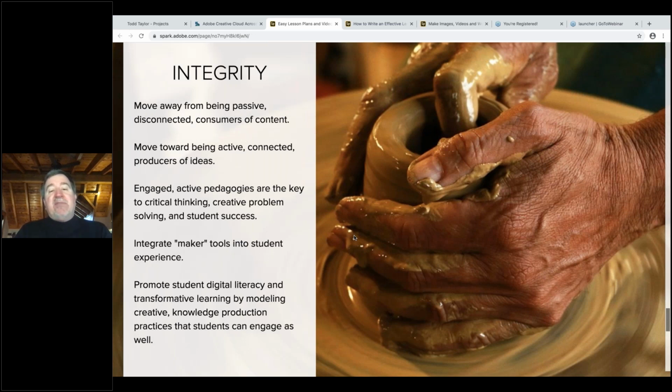In fact, I've had a lot of success with developmental writers in a remedial writing class when I moved away from asking them to do the same kind of intellectual academic work in a word processor and instead had them do it in Spark Page, because there's something about the engagement and the activity of creating, and I think most importantly, sharing, that becomes transformative for them. So even though today we're talking about developing content, the kinds of content that you develop and share is going to potentially have an impact on the way your students see getting their intellectual work done, which is why Adobe Spark is such a potential game changer